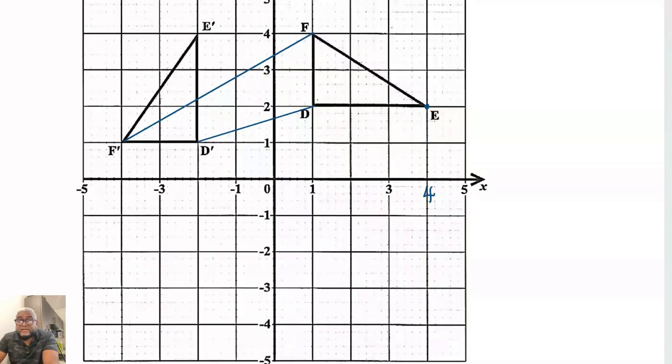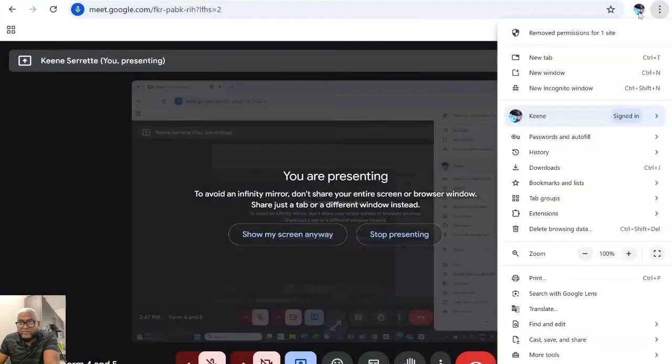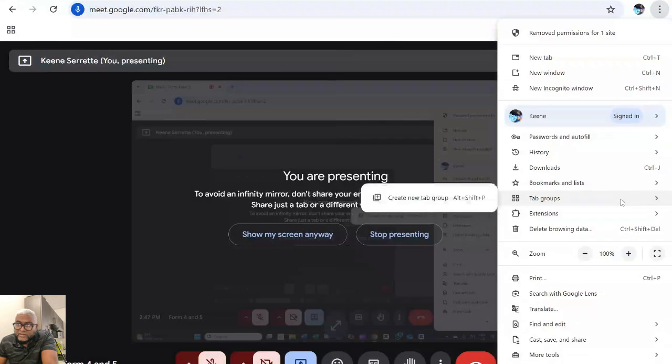Everybody good there? Then we have to bisect each line. You have to bisect each line, right? So I'm going back on the construction tool to show you all how to bisect the line, right? So hold on. We go in,